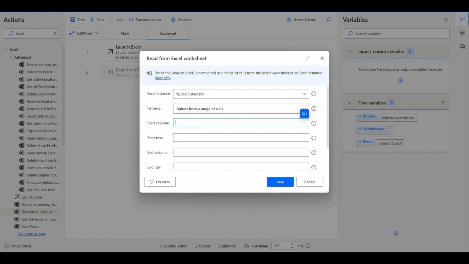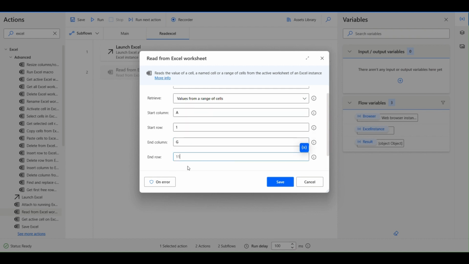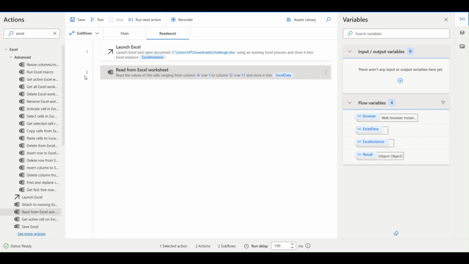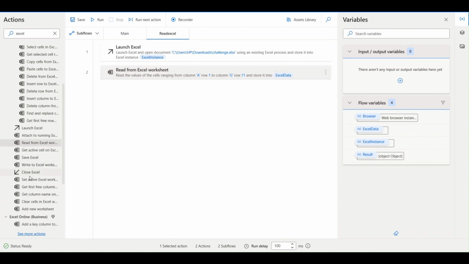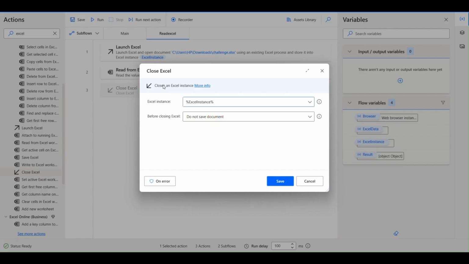Value of range cells A1 to G. I'm giving the name cells. Save, so it will read the Excel and then let me just close it. Right, so